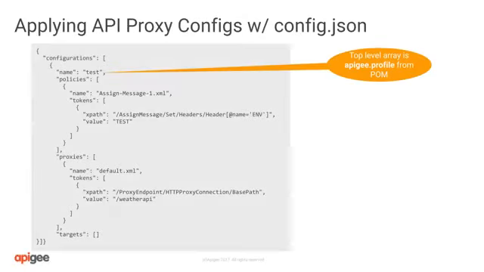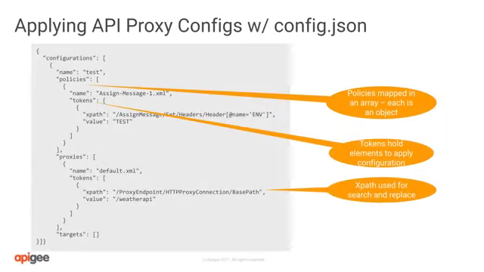The plugin provides an additional feature where you can update the proxy code using a config.json file. The top level array is the Apigee.profile property in the Maven profile. All the tokens that need to be replaced for the policies are placed under the policies.json array. Similarly, the tokens for targets and proxies are placed under the targets and proxies.json array respectively. XPath is provided to the token so that the plugin can evaluate the XPath and replace the values with the token in the configuration file.